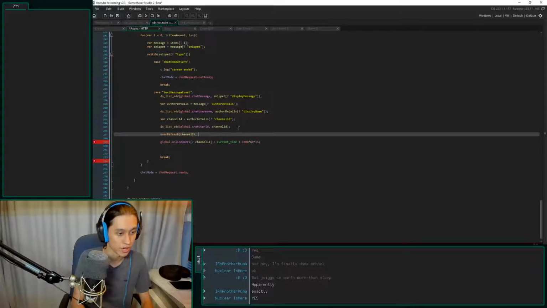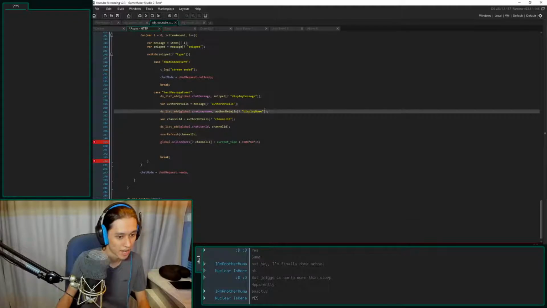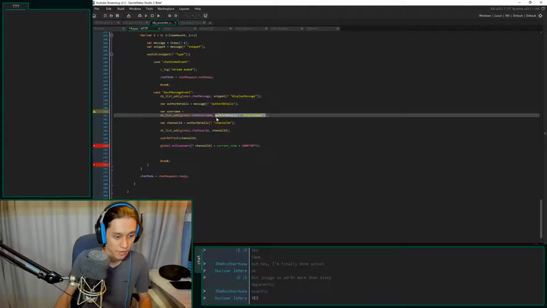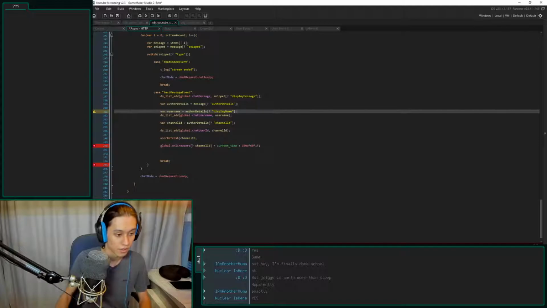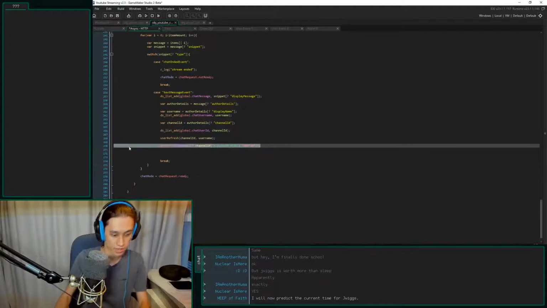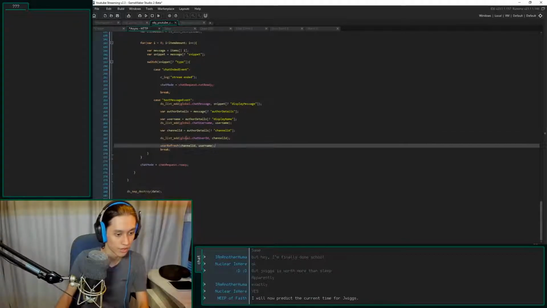I have a username stored somewhere, author details, display name, I believe. So I'm just going to save this as a variable called username. Right there. So now I have username that I can use right in here, and I can get rid of this line of code as well, which is great.